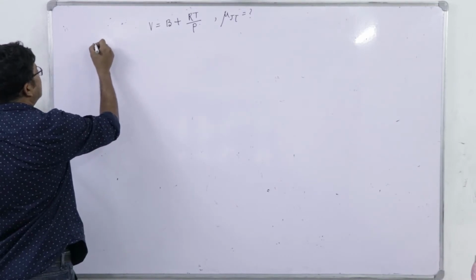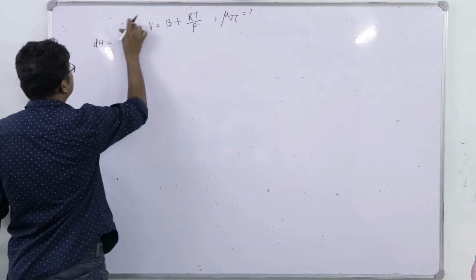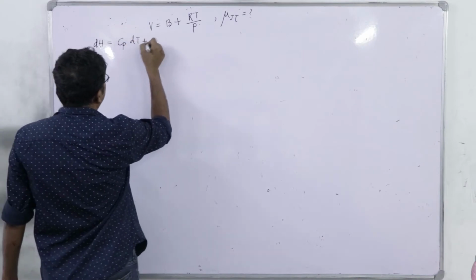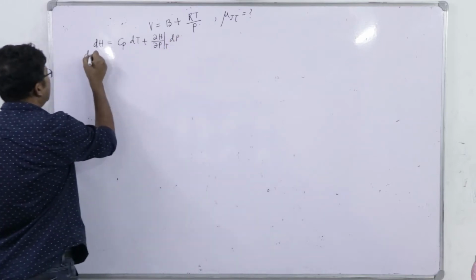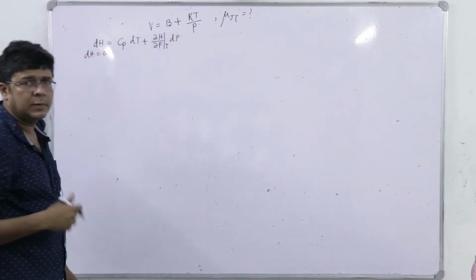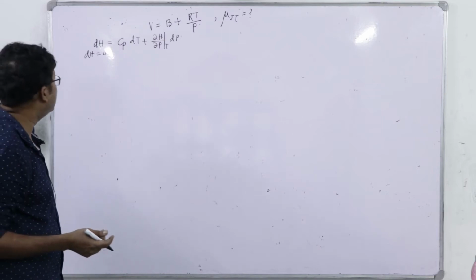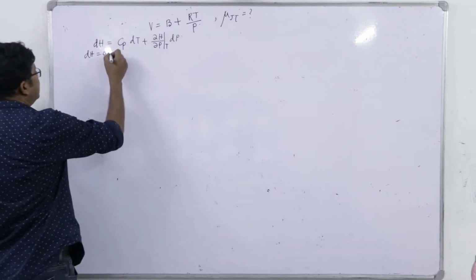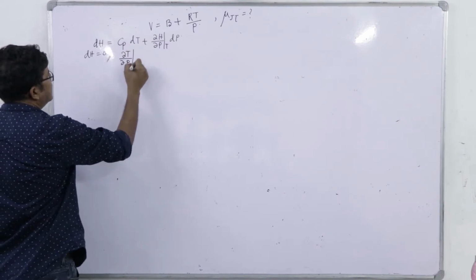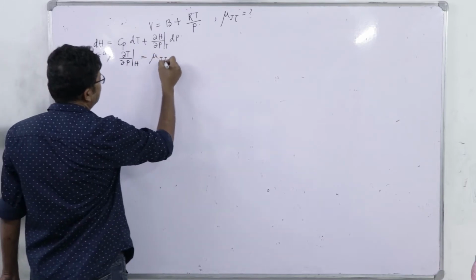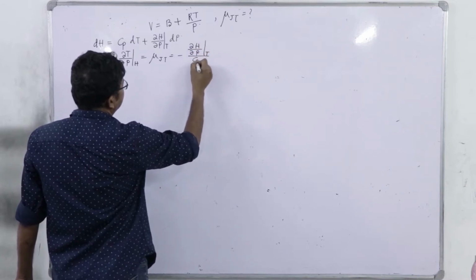Okay. So, you see that dH equal to Cp dT plus del H del P at constant T dP, and throttling, though we cannot conclude that it is an isenthalpic process directly from the scope of classical thermodynamics, however, its initial and final enthalpies are the same. So, dH equal to 0, and del T del P at constant H, which is the Joule-Thomson coefficient, is minus of del H del P at constant T divided by Cp.